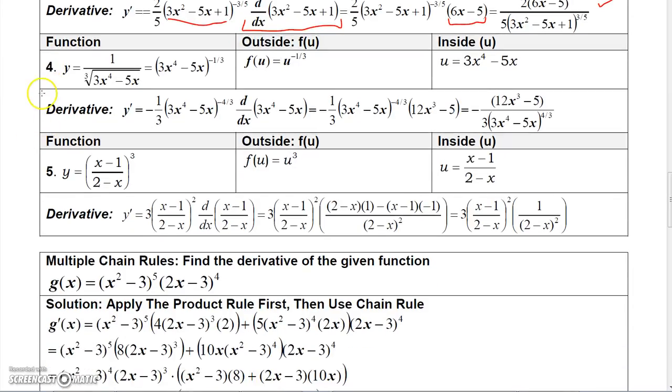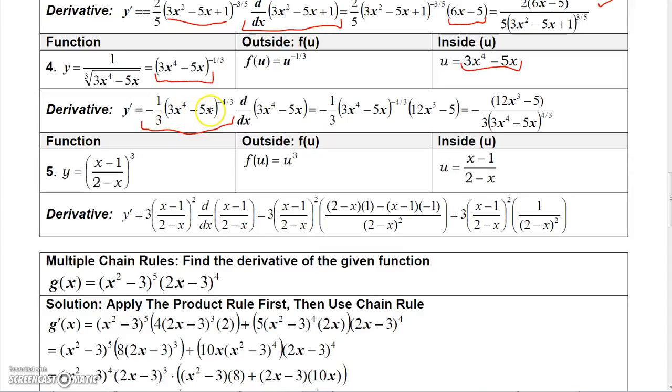And here's a couple more. This one can be rewritten as (3x⁴ − 5x) to the negative 1/3, where the inside is simply 3x⁴ − 5x. So when I take the derivative of this, I bring the negative 1/3 down, and then I have multiplied by